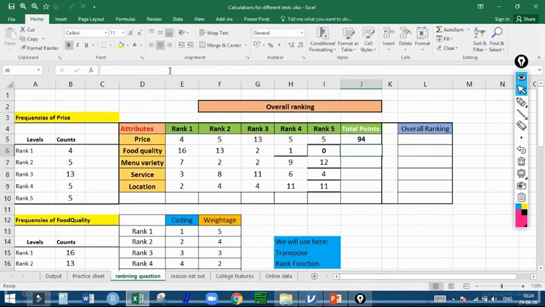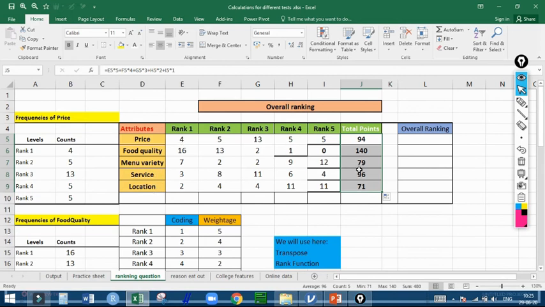Now enter. Total points has been calculated for price. Now drag this because Excel works relative. Now total points have been calculated for all the attributes.